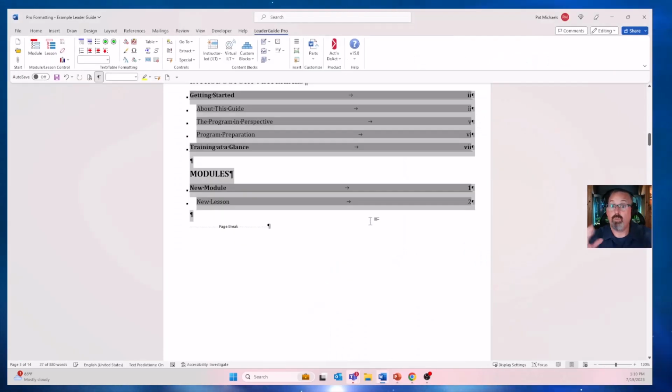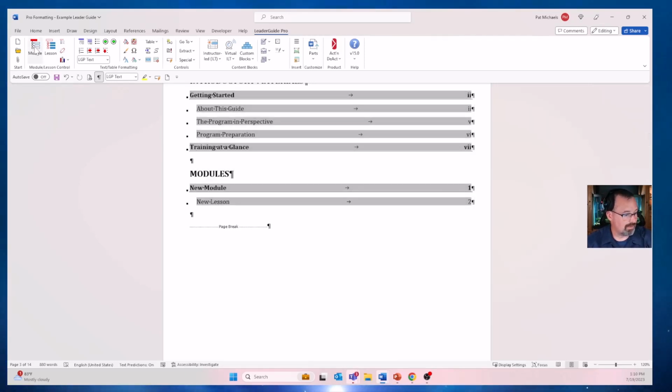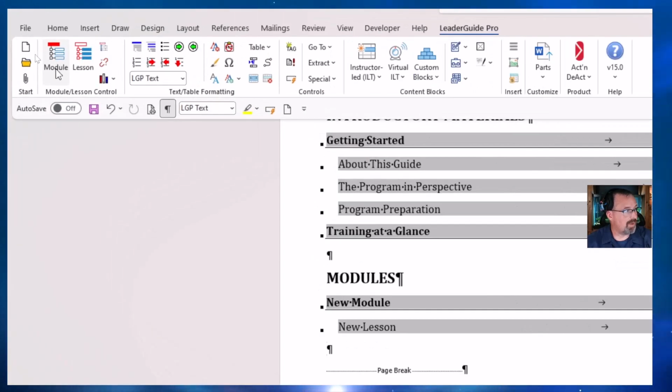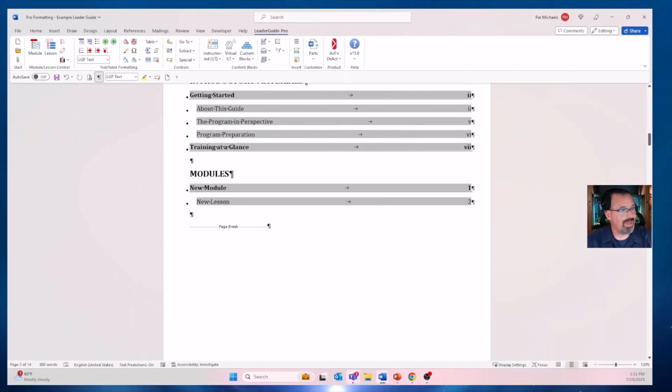All right, so that's one way. We can bring in our modules and lessons, or put our modules and lessons, as we bring in a PowerPoint. We can also do it in LeaderGuide Pro, in a document, on the ribbon in the modules and lesson control section of the ribbon. And the way this works,